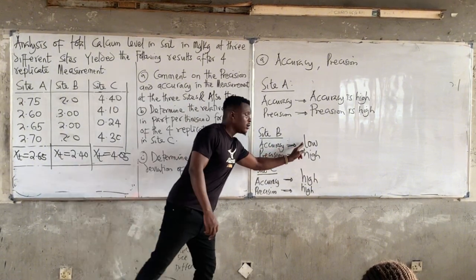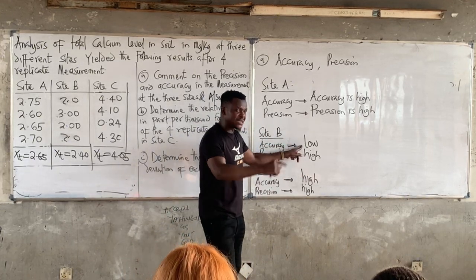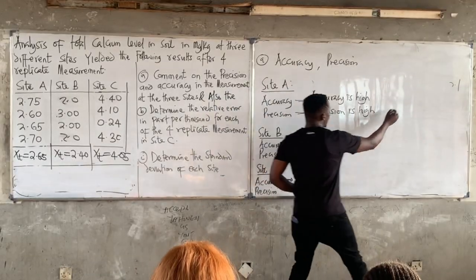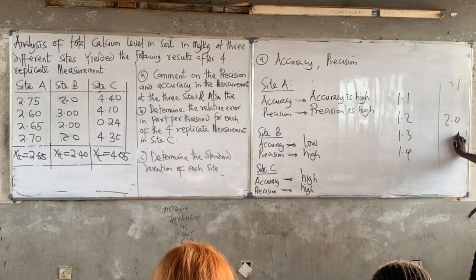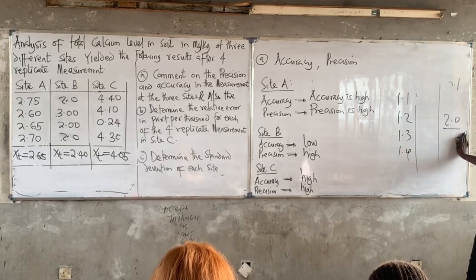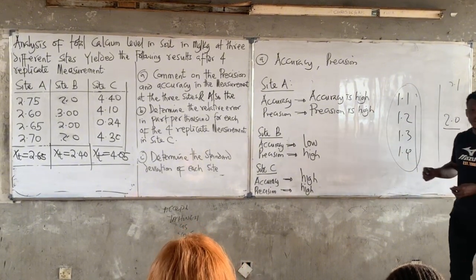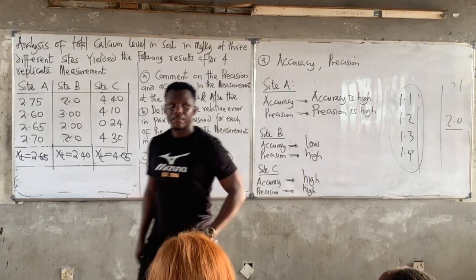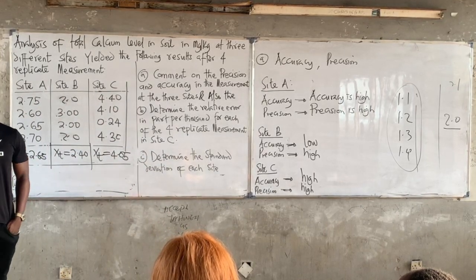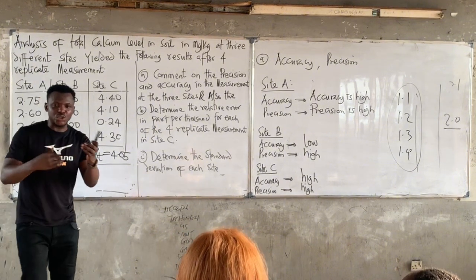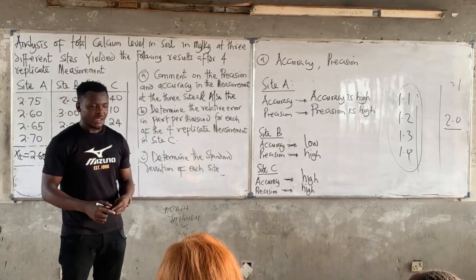But you can see low accuracy that will give us high precision. Because in this case, accuracy deals with the measured value. I can have 1.1, 1.2, 1.3, 1.4, and let's say the true value is 2.0. This guy is not close to this, right? But these guys are close to one another. So in this case, precision is high, accuracy is low. So does it mean that if precision is high, it is not reliable? Yes, it is. If precision is high, it simply means, remember precision is closeness of two measurements, right? So if they are close, that means I can rely on that value. It's just like somebody having